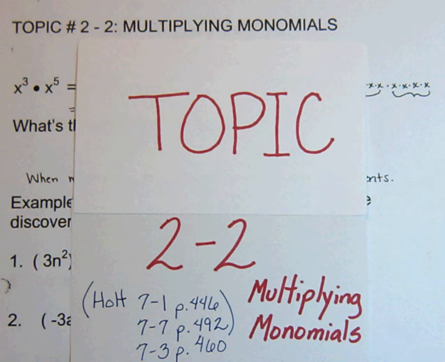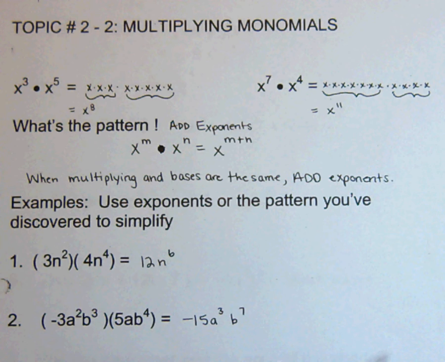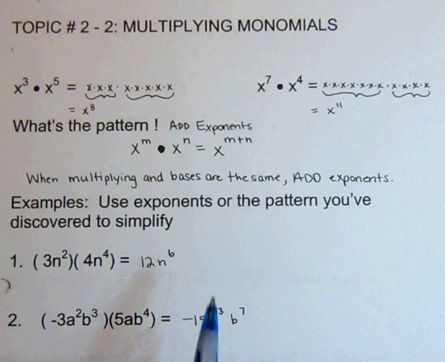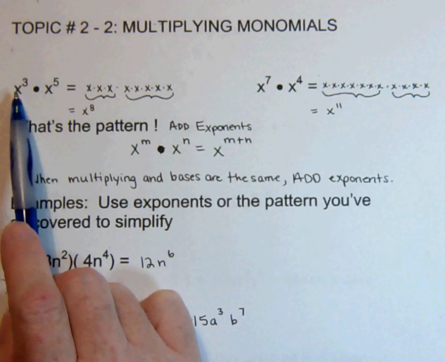Topic 2-2, multiplying monomials. This is actually in several sections of Chapter 7 in our whole textbook, Sections 1, 3, and 7 on the pages listed here. Okay, let's look at, you might make several notes on your paper about what happens when you have a multiplication of two common exponents,